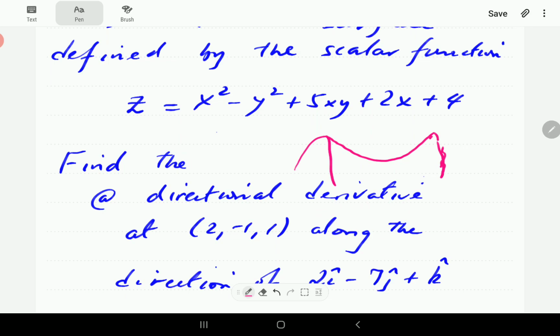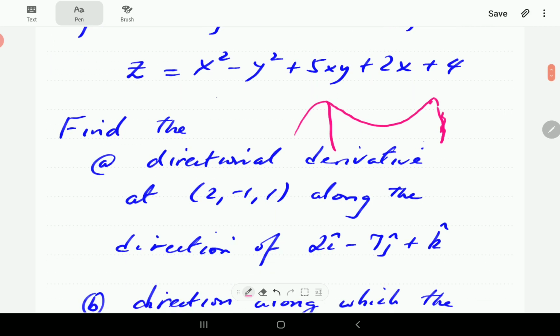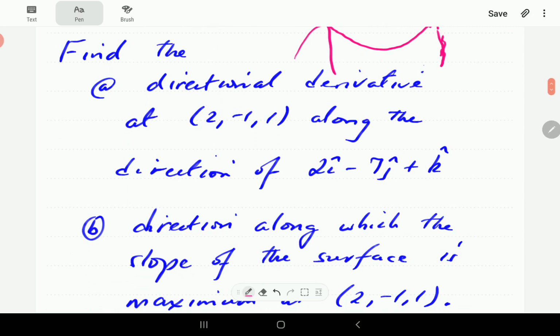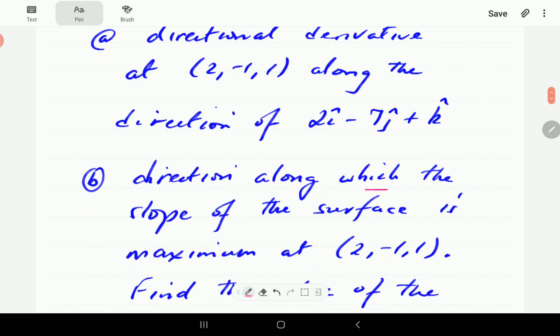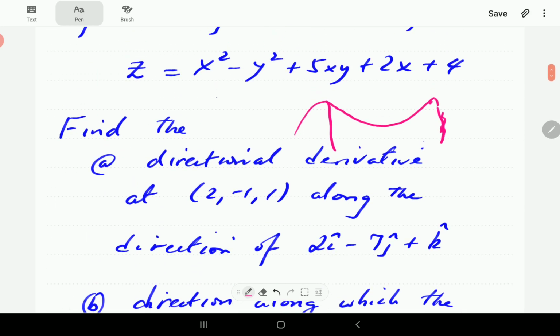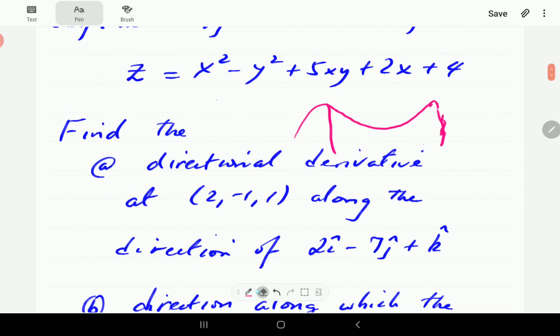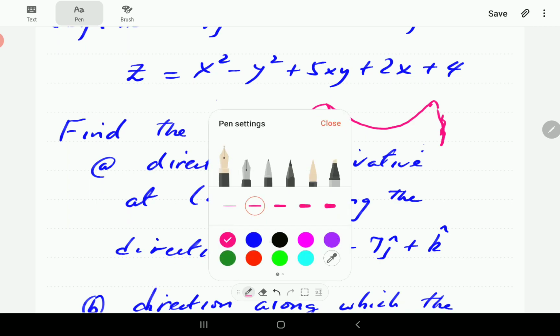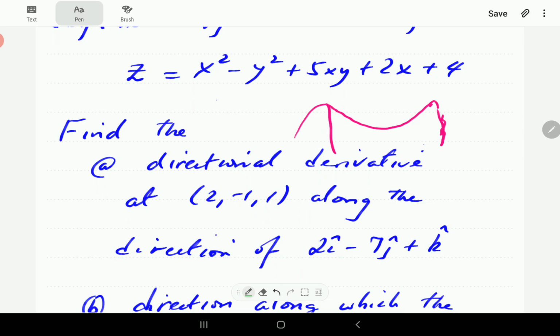Okay, here we want to find the directional derivative of this function at (2, -1, 1). That's basically going to be the slope of this surface at this point along the direction of this vector here, and then we want to find the direction along which the slope of the surface is maximum at that point. As you might imagine, if you're on this surface at some point, say this point here, then if you're going in this direction,